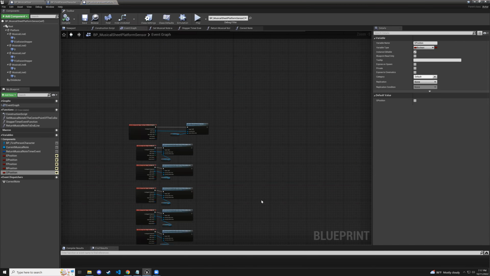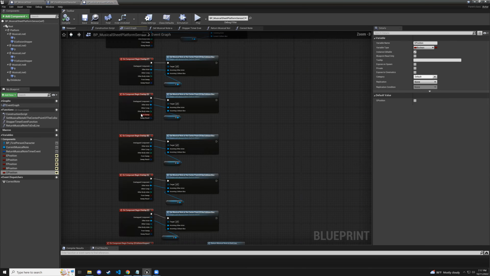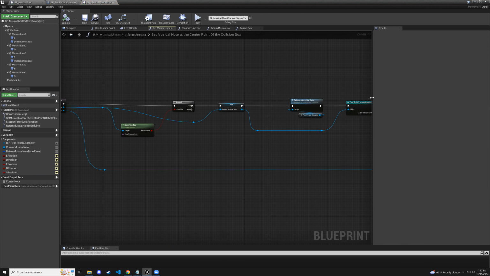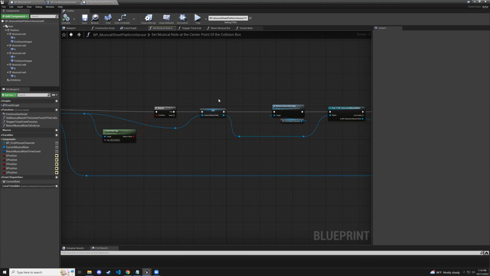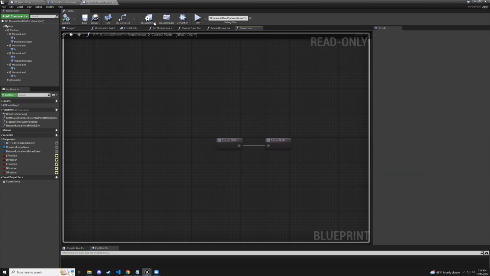So let's go back to this guy. We have our exposed variables, and now what do we need? We need to, let's see, other actors, set musical note, center point. Let me see what this is. So is it the musical note? And we set it as current musical note, release, and set the position. Okay, I got you. So let's go to, what is correct note? Correct note is just